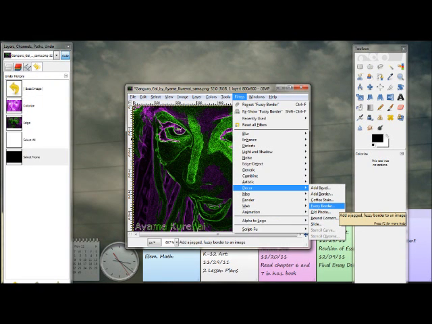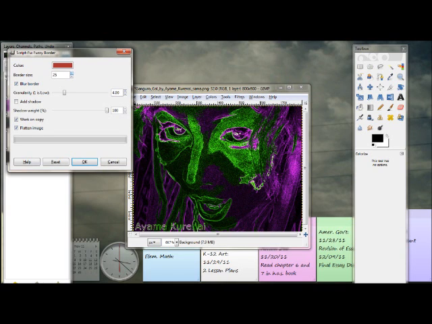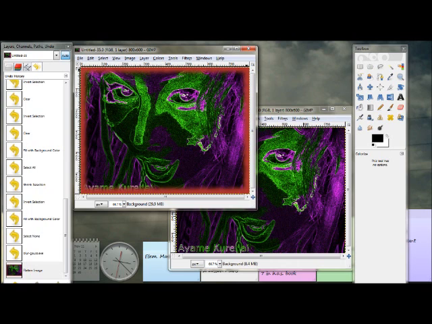After that, we're going to add a border to the picture. So you go back to Filters, and it's listed under Decor. We're going to choose the fuzzy border. With fuzzy border, you can change the color of the border, how large you want it to be, if you want to add a shadow, if you want to blur it or not. And one thing we're going to do is make it so that we work on a copy of the image and not the original image, in case we want to go back and try it again. I did get the exact border look that I wanted, so we're going to go ahead and keep that,